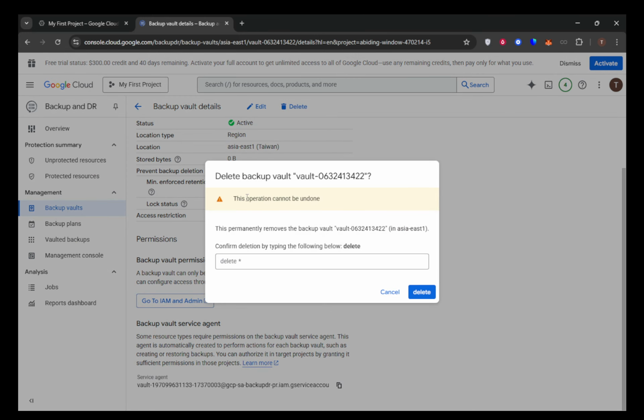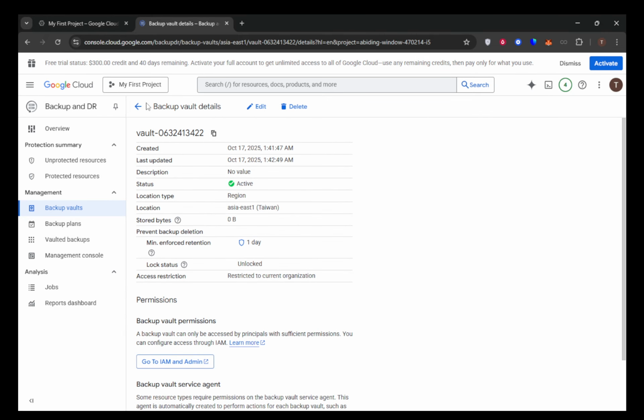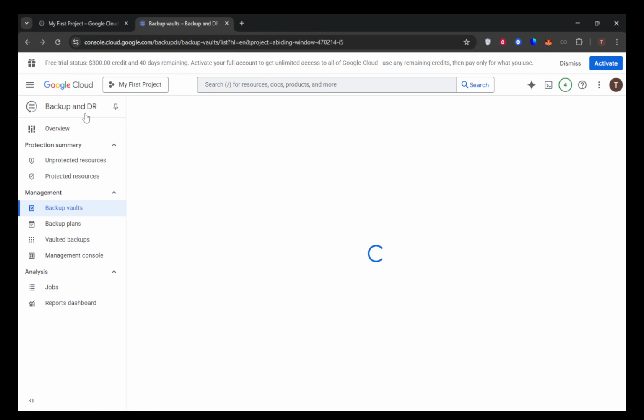By following these steps, you're well on your way to mastering your backup management within Google Cloud. Understanding how to effectively view and manage your backups is a crucial skill for ensuring the resilience and reliability of